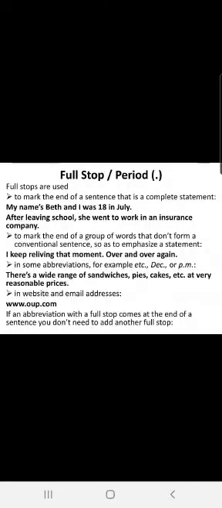Children, we even use full stops when we are using any abbreviation. Abbreviation means a short form. Like etc. is the short form of et cetera, so after that you put a full stop. Dec. is used for December, a short form, so you put a full stop. For a.m. and p.m., the time, we use full stops like this. Then even when you write websites or email addresses, you must be studying that in computer, children, like www.google.com. So we use full stops, also known as period, like this.